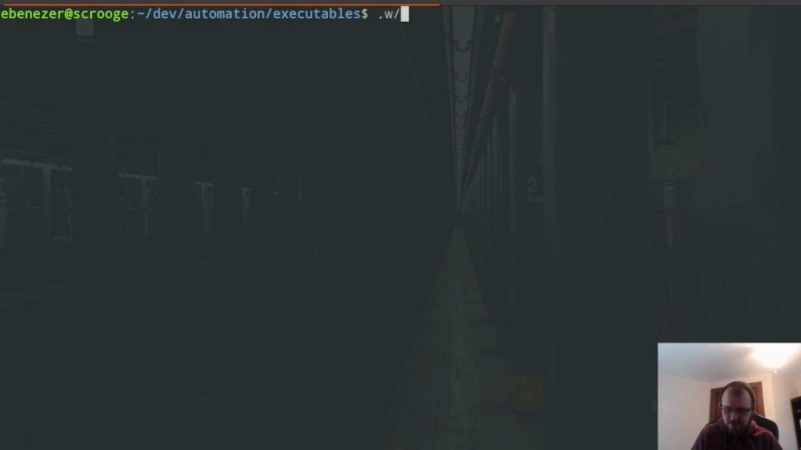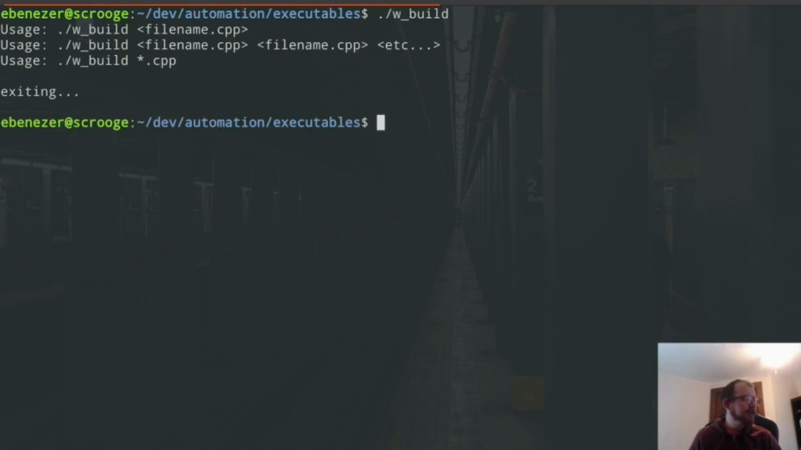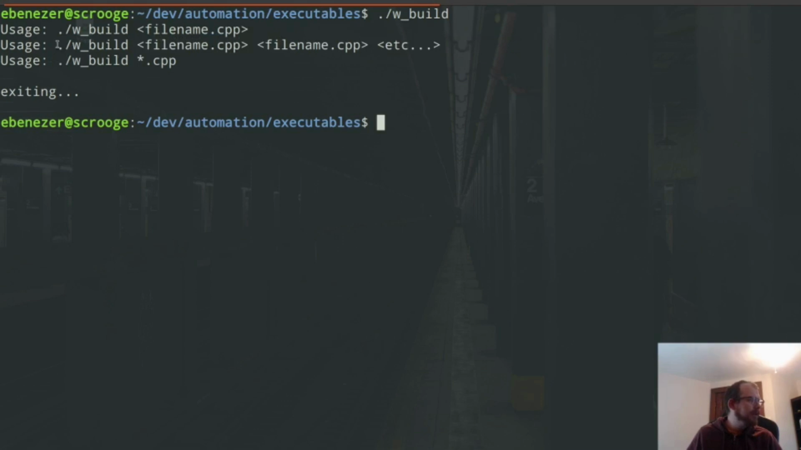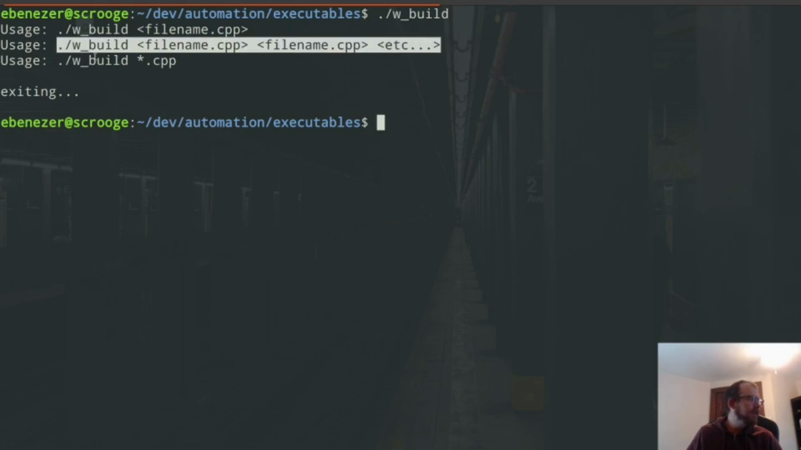Now, a couple other interesting features I have built in here. If I just try and run it with nothing in it, it's going to say, hey, that doesn't work, and it gives you instructions on how to use this program. You can see the one we've done is wbuild with filename.cpp. I don't have multiple filename.cpps to show you, but I have tested it, and it does work